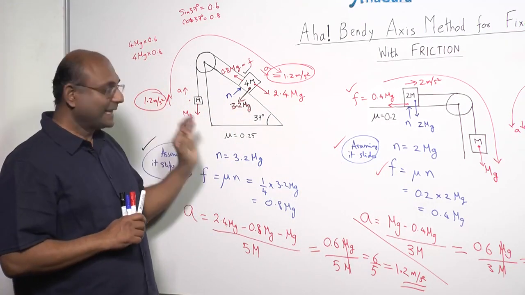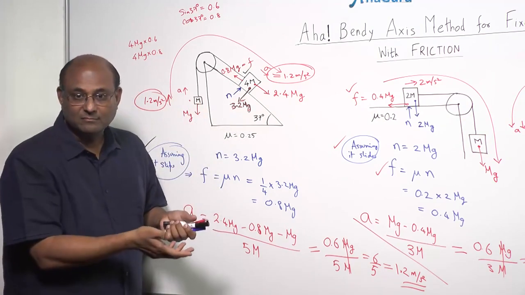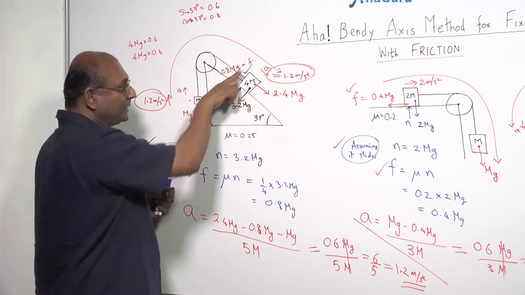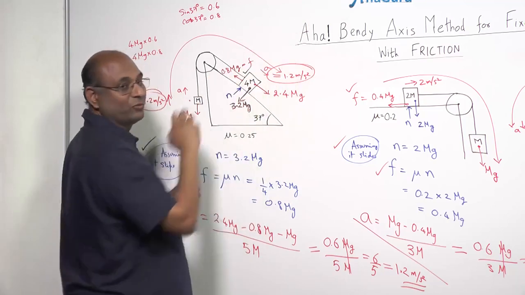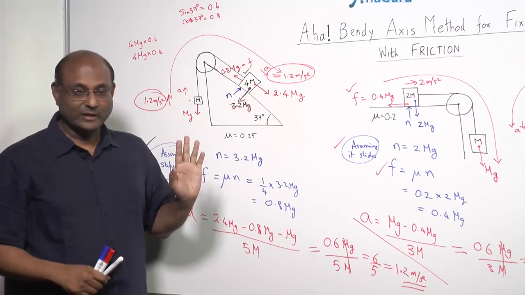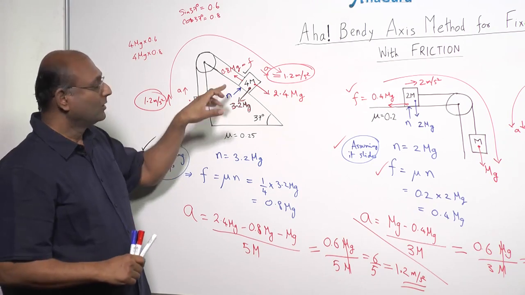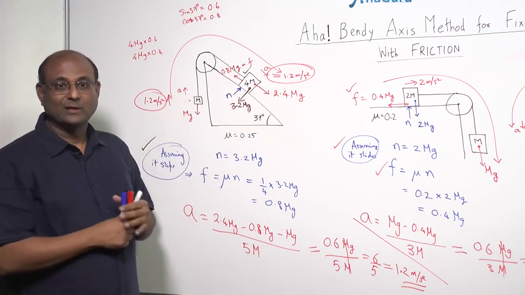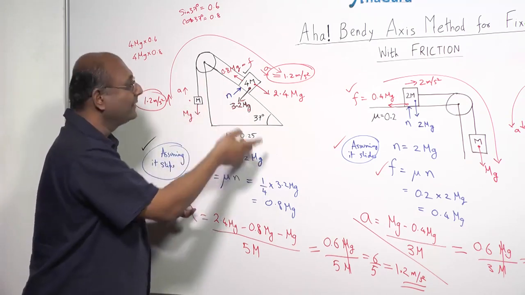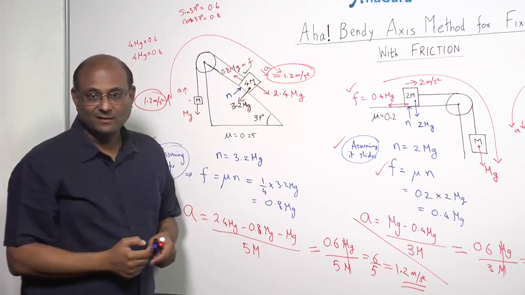Figure that out. Secondly, in certain cases, it may turn out that n was negative or was 0. If n is negative, it means something you have assumed is wrong, because n has to be a pushing force. It probably means the block is moving away. Then you can't use bendy axis, because then you don't have a simple axis. Okay, so check whether n was a positive number. Is that all clear? So you will have to look for whether there is friction or not, and which direction it acts in, and also if it sometimes doesn't slide, then it will turn out that when you did the calculation, you may end up that the acceleration is that way.